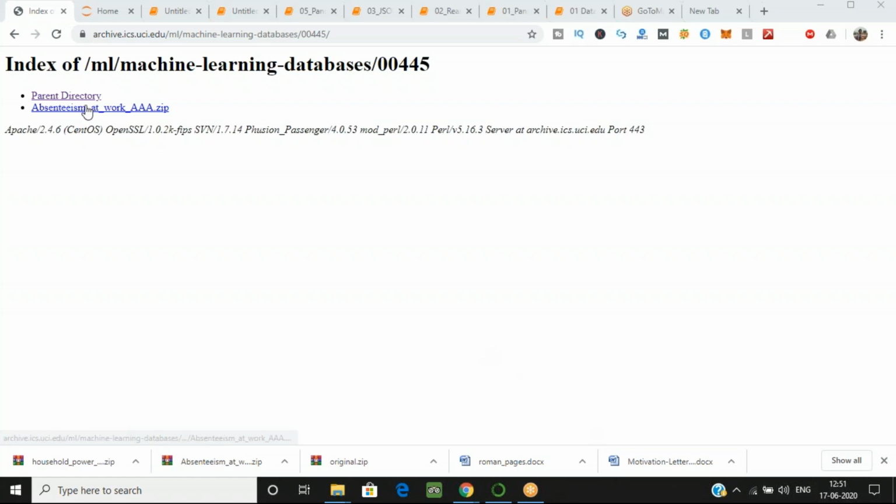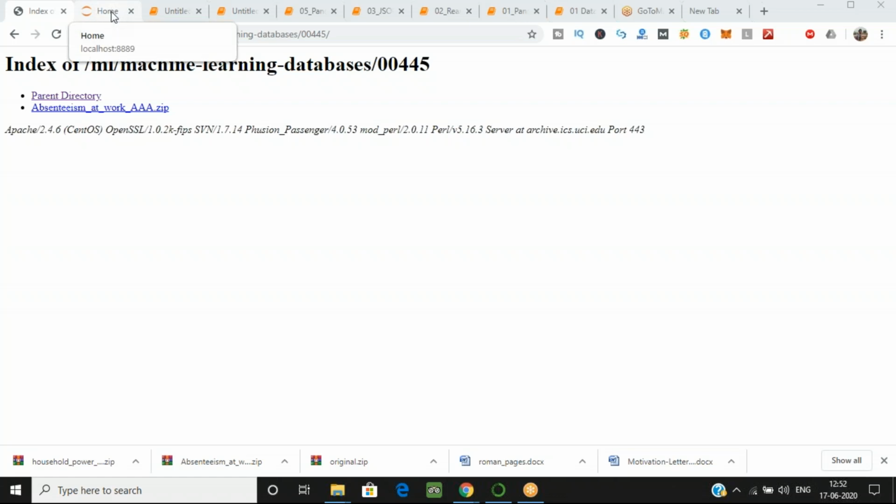Okay, what you have to do is just click on this. For every data set which you want, you click on machine learning database. You will get every other data set also. There are many data sets on which you can perform data analysis, even machine learning algorithms. I have already downloaded this data set and uploaded it. It is a CSV file format.